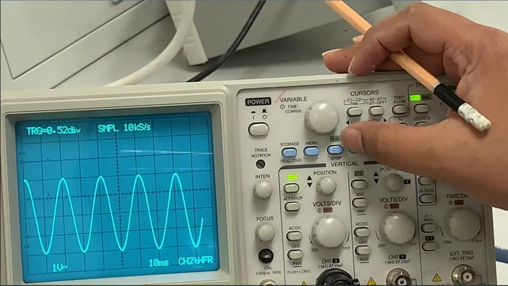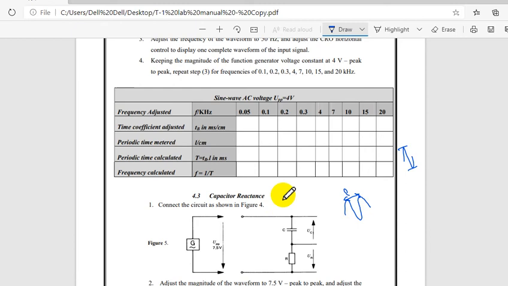So here you can see I'm stopping here. From this point to this point, how many boxes are there? From one peak to another peak it is 2 boxes. So here what I am going to do is I will write,